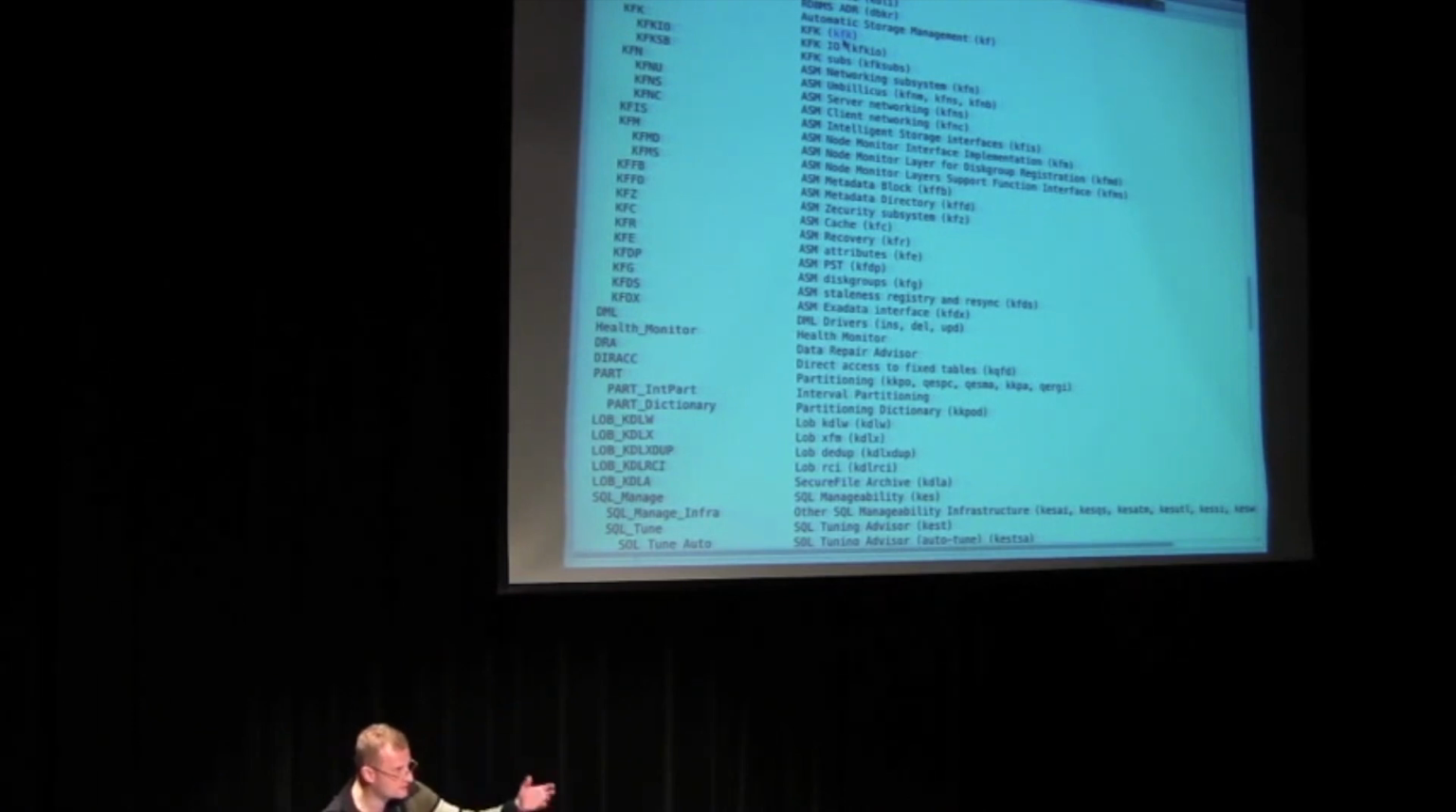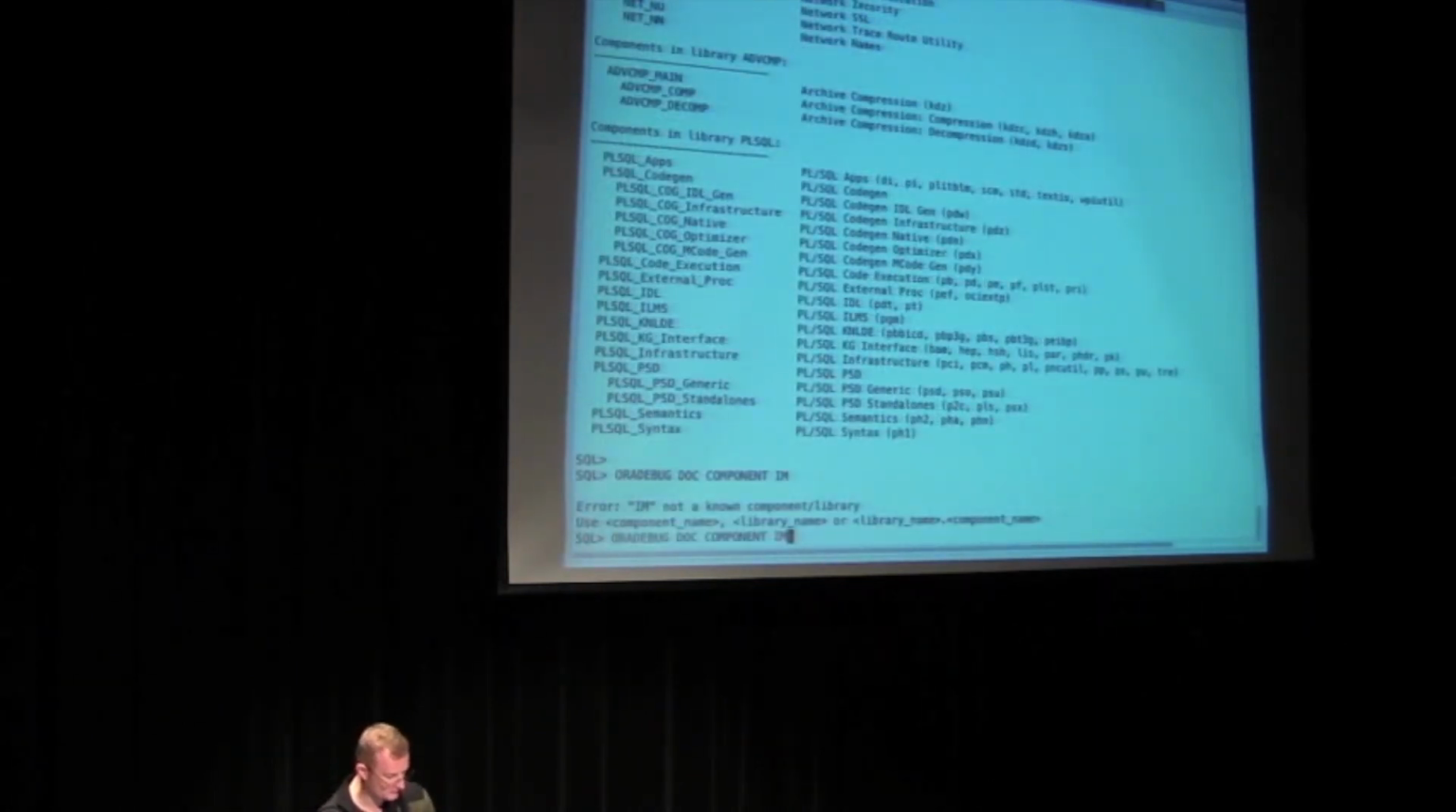So whenever you see a function name whose prefix you don't recognize, you can Google, and if you still don't find anything, you can run oradebug doc and search for the module names, which sometimes have an explanation of what they are. So for example, in memory,